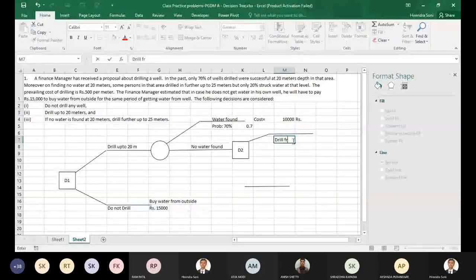Drill further up to how much? 25 meters. Drill further up to 25 meters. That means another 5 meters. So now if I go further up to 25 meters,